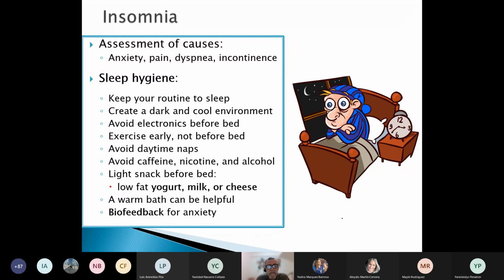Avoidance of the blue light from computers, telephones, and those electronic readers, those iPads, Kindles, etc., to read. If they are used, they should be placed in night mode to avoid the bright blue light, as it's called, the light that the electronics project, which stimulates the pineal gland to inhibit the secretion of melatonin.